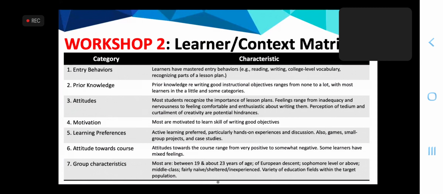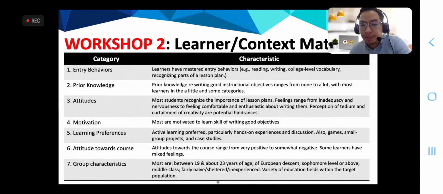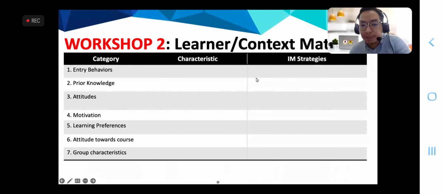Now, I want you to add another column in your table and label it as IM strategy. So we begin with category. Characteristics, you have already filled this out earlier. Now, what I want you to do is identify different features, characteristics, style, design, formatting of your IM such that